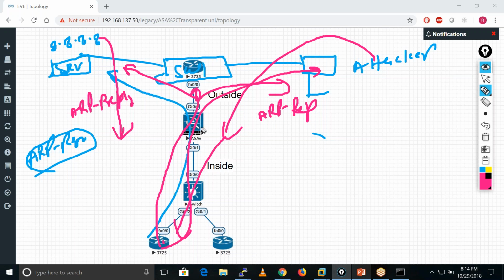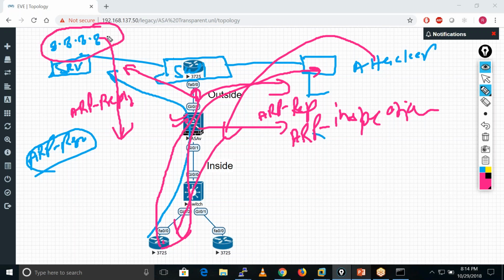So what happens if we have enabled ARP inspection on our firewall? My firewall is aware of this server's IP address and MAC address, and it saves them in the ARP table.